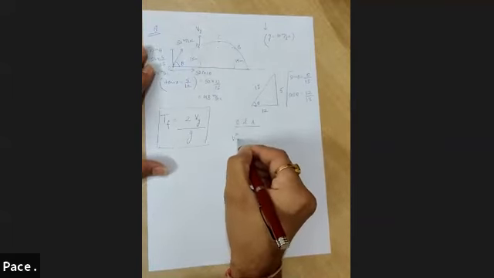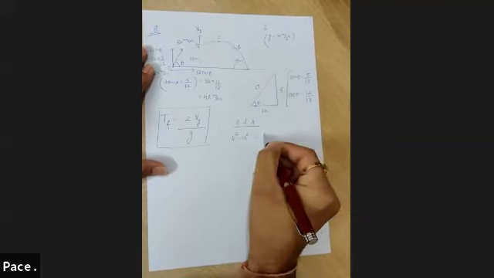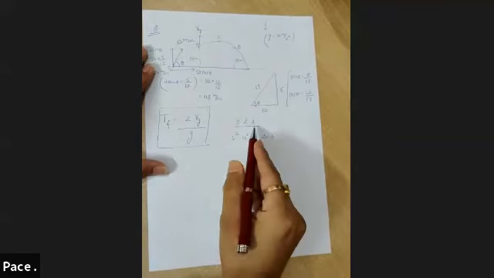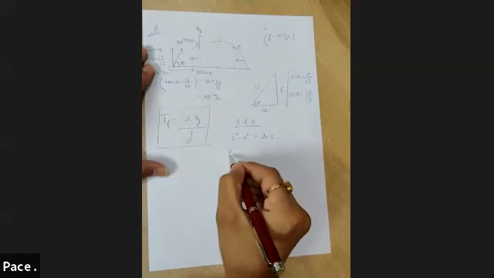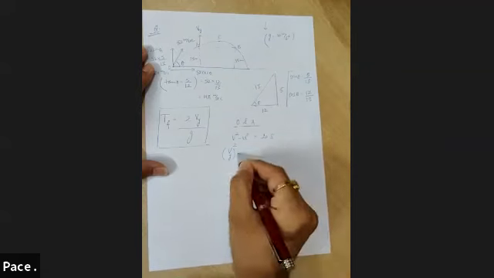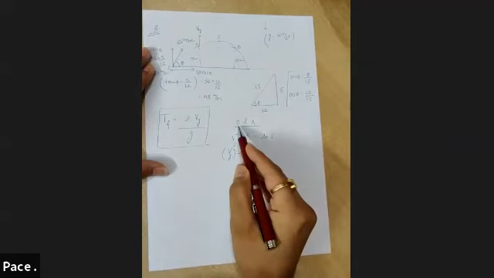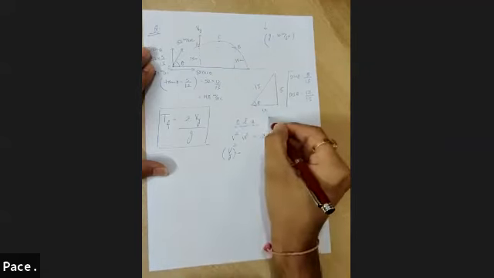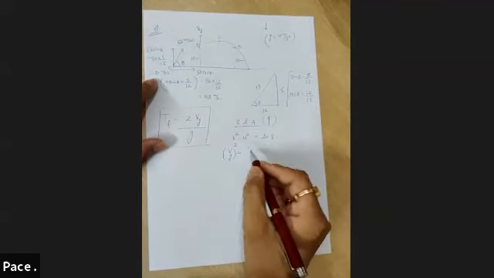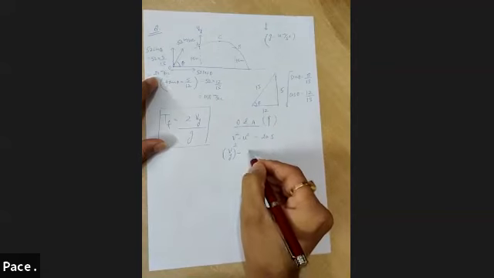Simply you can apply v square minus u square is equal to 2as. So what is v? v is the velocity at point A, which we have to find out. So this one is Vy. This one is Vy square minus the initial vertical velocity at point O. I am applying this equation in the vertical direction. So at point O, the initial vertical velocity is 20 meter per second. So 20 square